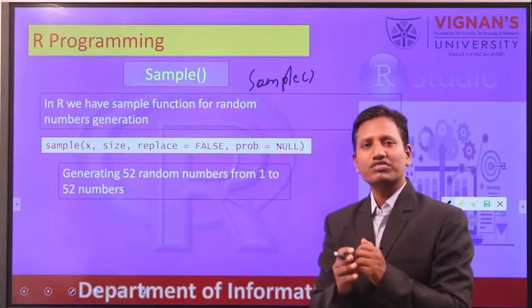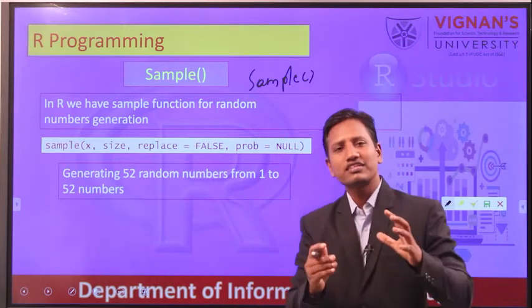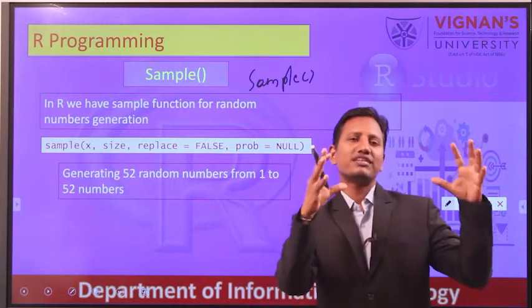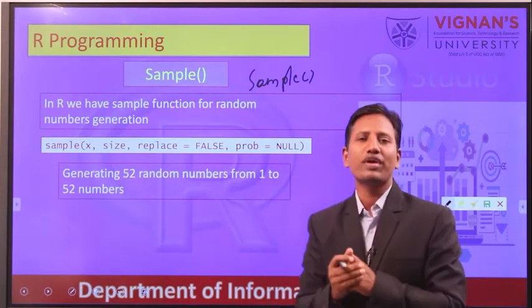That subject talks about population in the sense of a full set of values, and sample in the sense that out of that set we want to pick a few values.